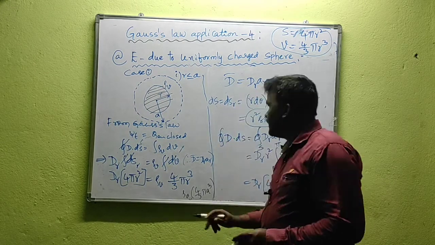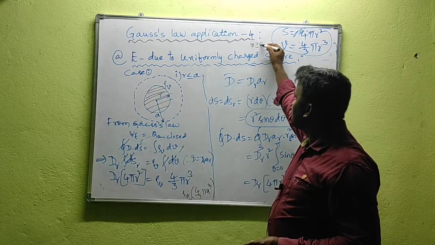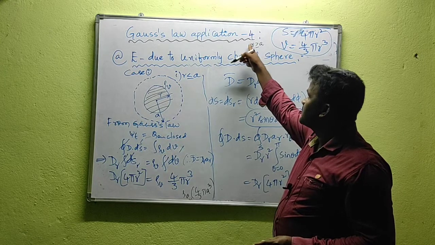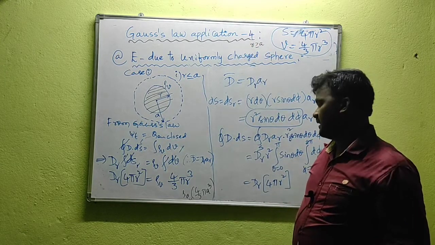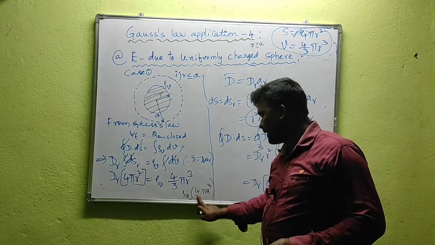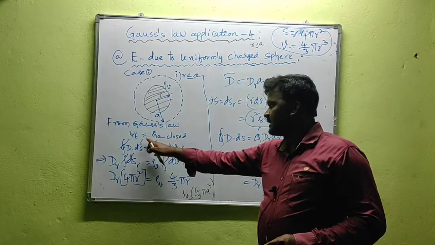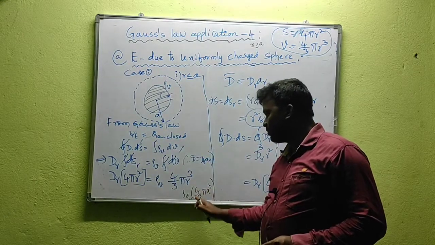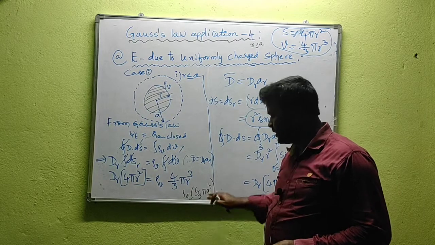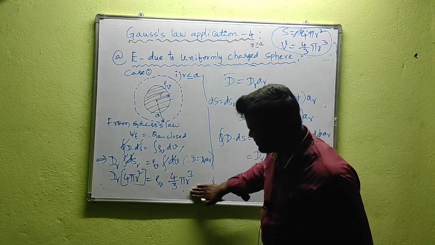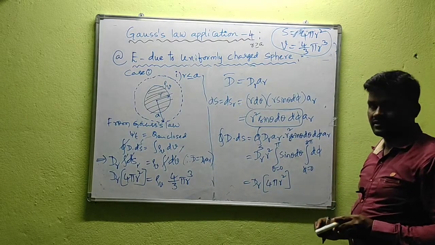Why? It is r less than or equal to a, and if you go for r greater than or equal to a, the larger sphere is of radius r and the smaller sphere is of radius a. So that's why we need to go for enclosed charge. Please remember this: psi t equal to Q enclosed. So that's why we need this 4 by 3 pi a cube instead of r here. Please remember this point. Then it is easy. Dr equal to 4 pi r square.